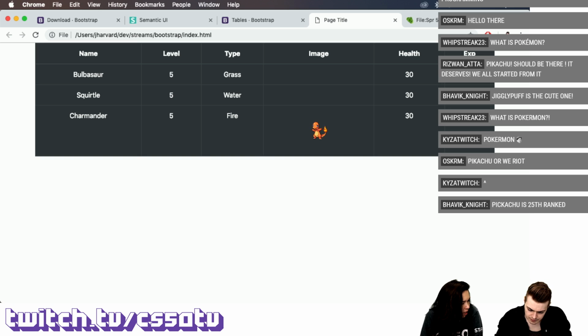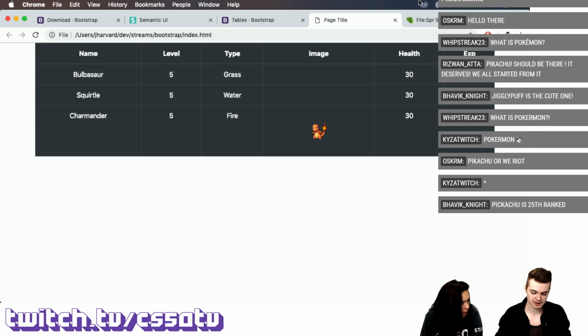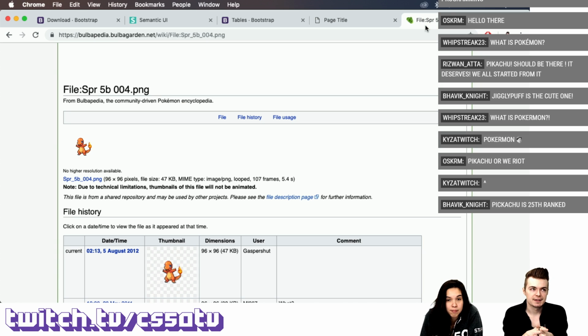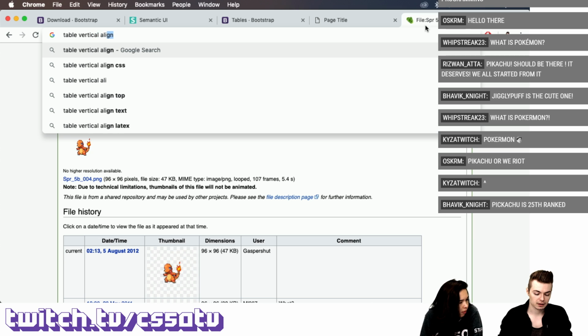Okay, so there might have been one missing class. I don't remember. And this is where you have to use Stack Overflow, documentation, read back to the docs, because it's infeasible that you're going to remember every single class, every single thing, especially implementing everything from scratch. Yep. So if I do table vertical align